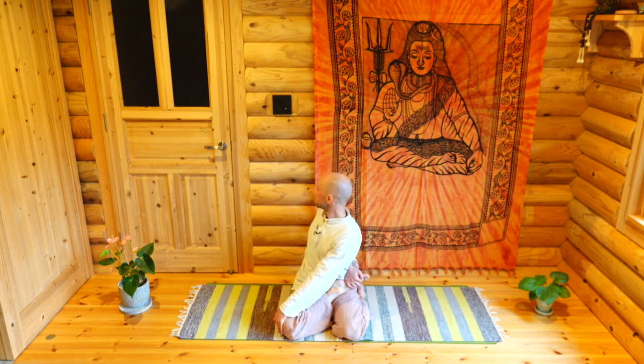Rotating your spine even more. If you can hold your foot, using that to give yourself more leverage to rotate your spine, unblock your spine as much as you can. Okay, to undo, slowly facing back forwards again, stretching your left leg forwards, your right leg forwards, now the other side,